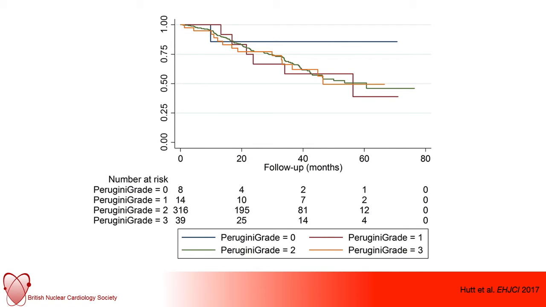So unfortunately for Leon and I, who've spent many hours sweating over whether this is a subtle grade 2 or a grade 1 scan, actually work produced by the National Amyloidosis Centre in 2017 showed very clearly, and this was in 377 patients with wild-type TTR cardiac amyloid, that it didn't matter whether you were grade 1, 2 or 3. All that mattered prognostically was whether you were positive or not, and this was a median follow-up of over